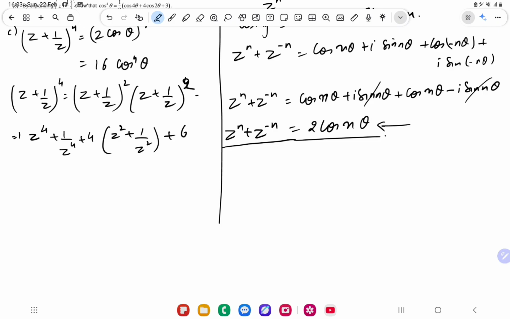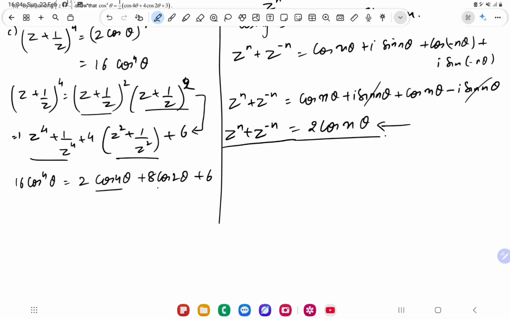I have not written all the steps, but if you open these two squares and multiply them, you will get this only. So I can write 16 cos to the power 4 theta as 2 cos 4 theta plus 8 cos 2 theta plus 6,